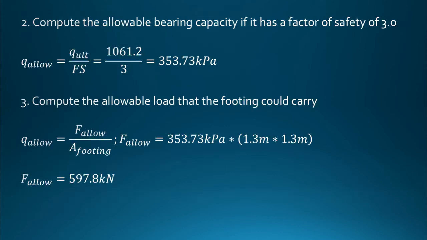And then, compute the allowable bearing capacity if it has a factor of safety of 3. Simple lang, Q ult over factor of safety, makuha mo na yung Q allowable. So, kung Q net, ang tatanong dito, minus nyo lang yung Q na nakuha natin dun sa una. Okay? So, since allowable gross, wala naman sinabing net, di gross ka. Next, compute the allowable load. Simple lang ulit, Q allowable multiplied by area of the footing, which is 1.3 since square, edi 1.3 squared. Makuha mo na yung allowable load na kaya na buhatin ng footing, that would be